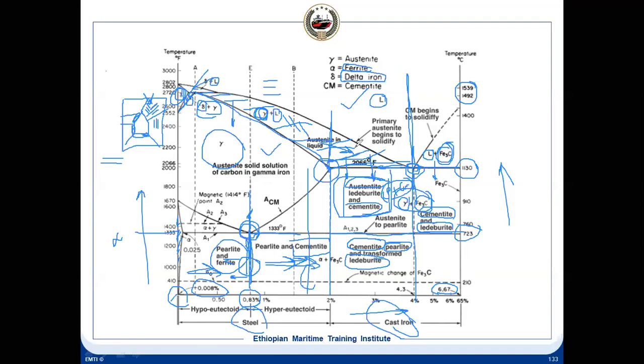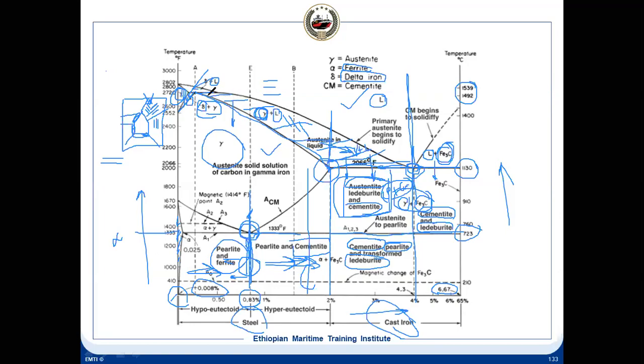Here, my question was, here is solid. Gamma, no, solid plus liquid both. It is the same mixture, solid up to here. Only mixture. On this side the carbon content will be high. On this side the carbon content will be up to 2%. Is it clear? Have you understood this?